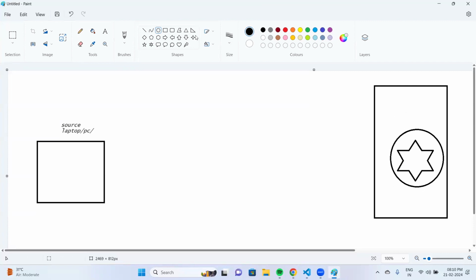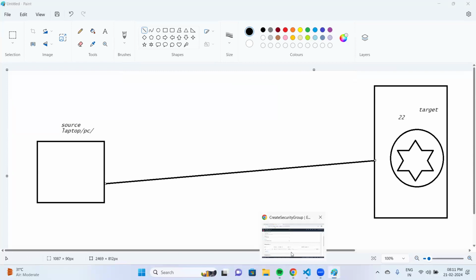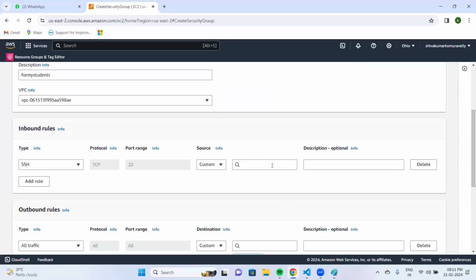And on the virtual machine side, we are opening port number 22. Port 22 means it is the SSH protocol. When you open the SSH protocol, others will be able to log in to your virtual machine. This is the source, guys. Now this is the target. Target is always an AWS resource. Source means our system. From everyone I want to access. Everyone can access this port number. So everyone in cloud terminology is